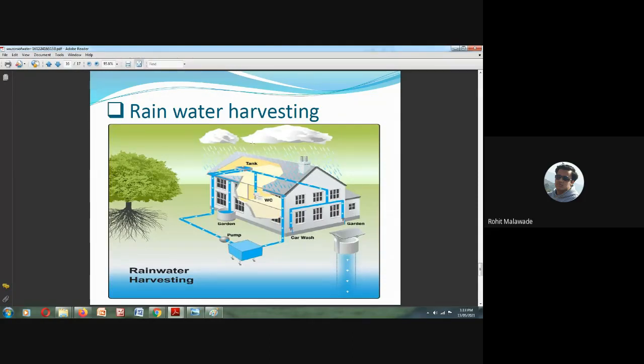So this is how you can reduce water wastage. You can even use the water for WC and all. Here you can save it into the tank and use it in the WC. Some part, whatever you get, you can store into the soak pit, and you can use it for gardens, car wash, all these things. Rainwater harvesting is a need of the hour now.